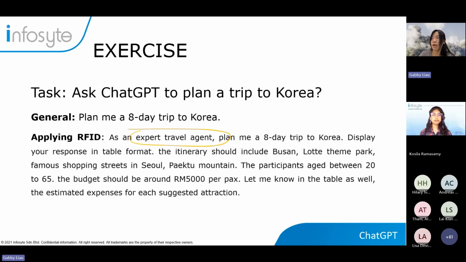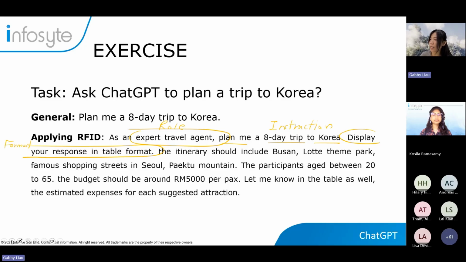So you ask ChatGPT to pretend to be a travel agent. Narrow down the scope. Plan me an 8-day trip to Korea. This is your instruction. Remember the RFID? We have instructions over here, we have role over here. And then display your response in table format. This is format.